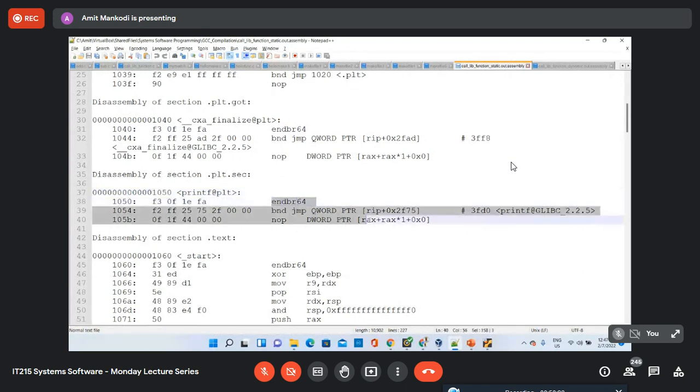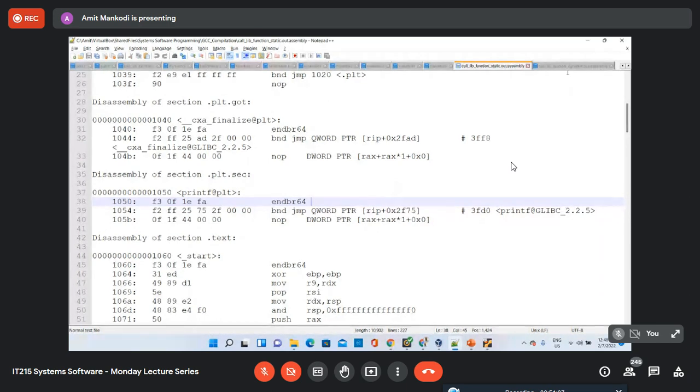So you can see that this one doesn't actually have the code for the printf function. It is just saying that you jump to this address somewhere, right? This is the address where the library file, glibc, or libc, is located, where the printf function is available, and this is where you should start executing the code for the printf function. That is what this code is saying. And it is saying this because the printf function is still coming from the dynamic library file.